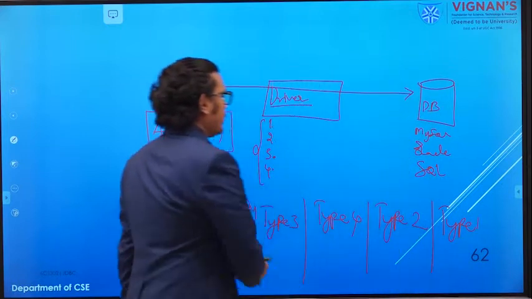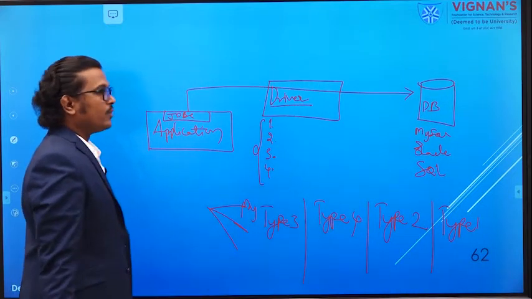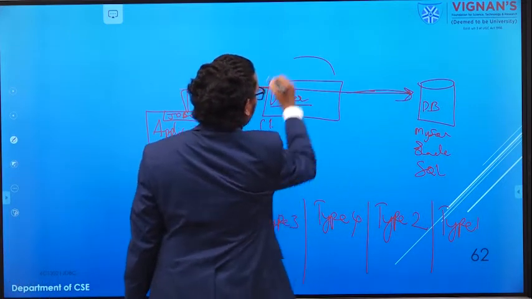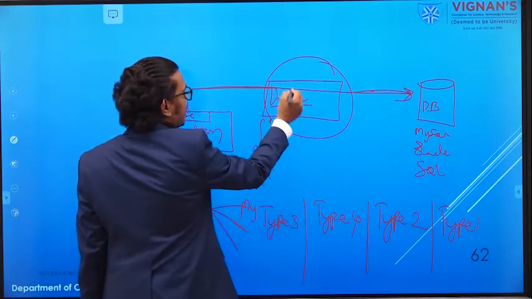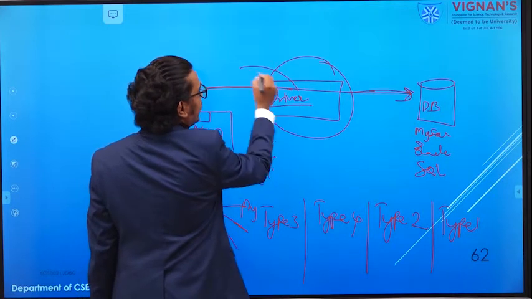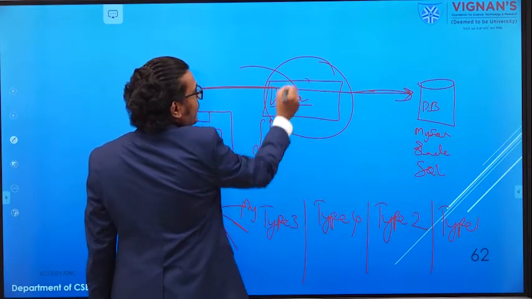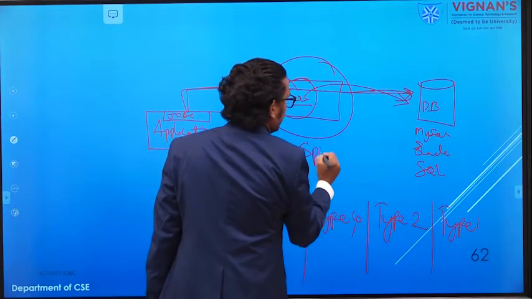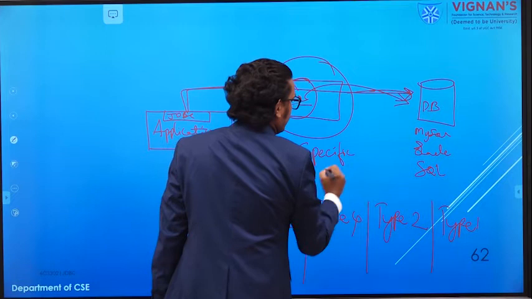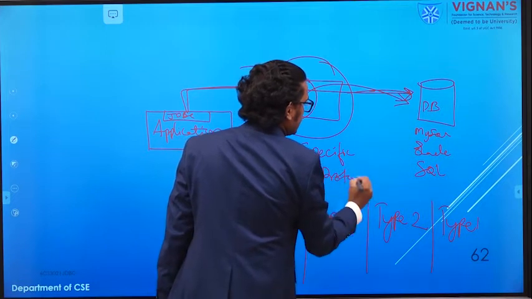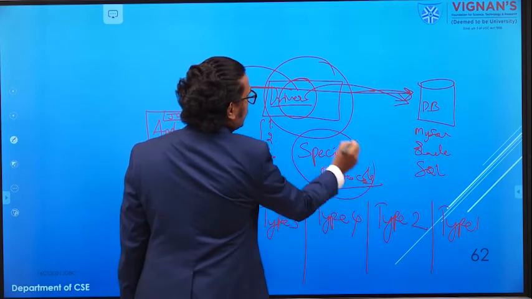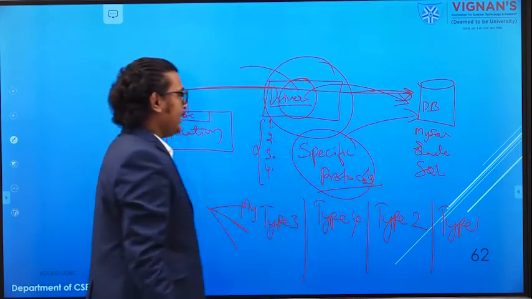So first we communicate to that particular database through the driver, which will translate or map your connection to your database with the specific protocols. With the help of this specific database protocol only, we are communicating to the database.